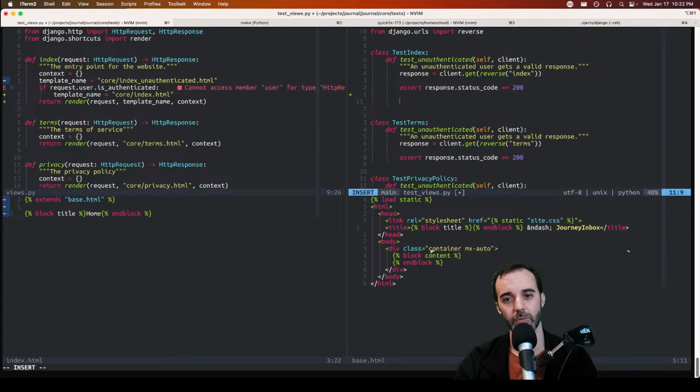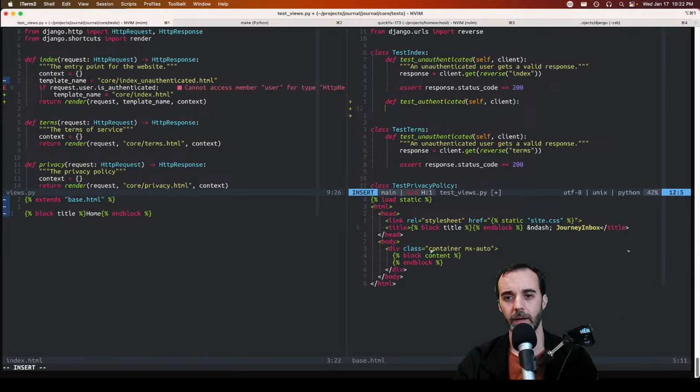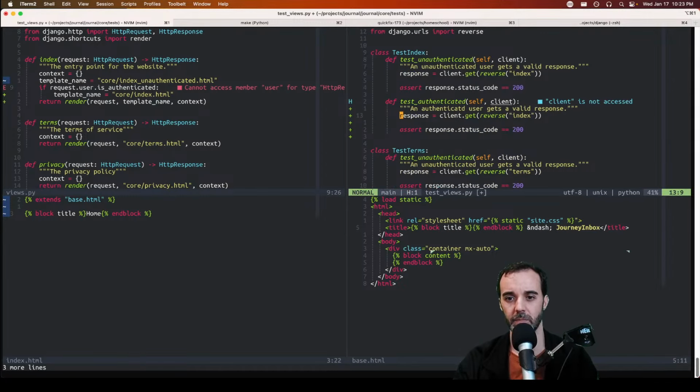So let's do def test_authenticated(self, client), and authenticated user gets a valid response. That is the goal we want. And it's pretty much the same test. The thing that we need to add,